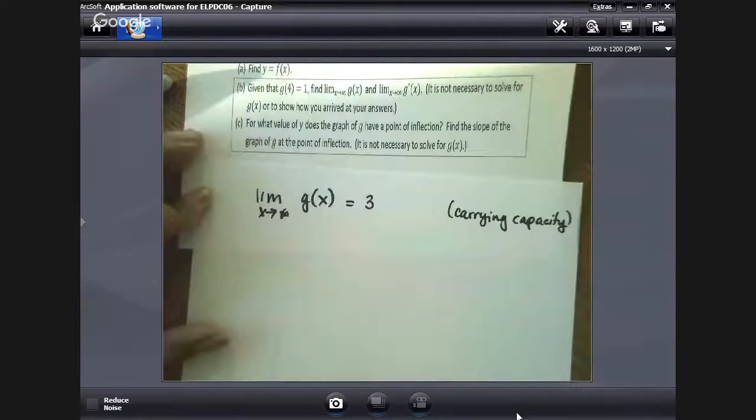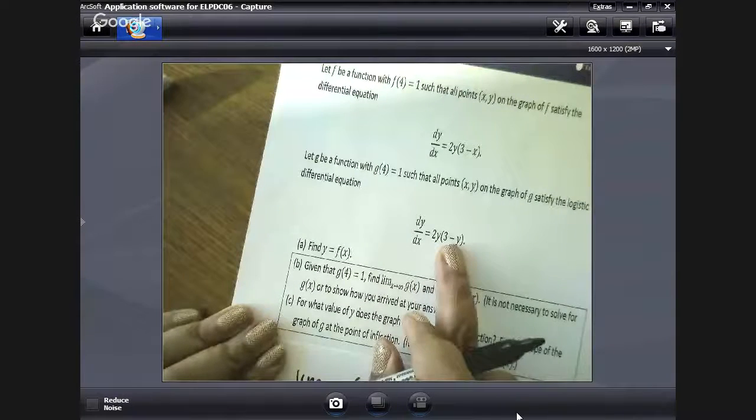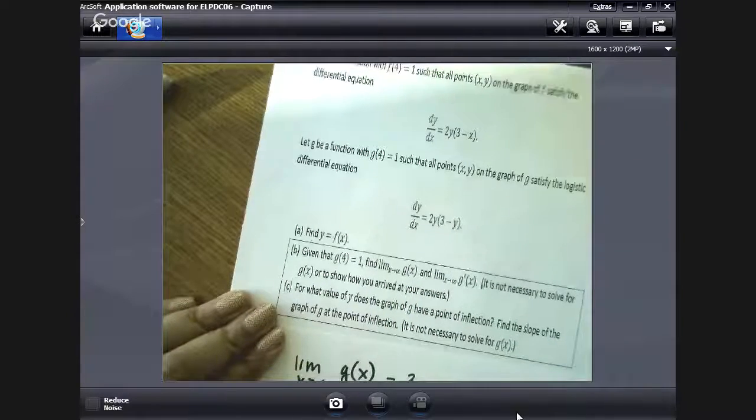Sorry about that. And the second part is the limit as x approaches infinity of g prime. Well, what's the slope of a horizontal line? Isn't it 0? So the limit as x approaches infinity of g prime, well, as x goes to infinity, y goes to 3, right? If I put 3 in here for y, I clearly get 0. So the limit as x approaches infinity of g prime